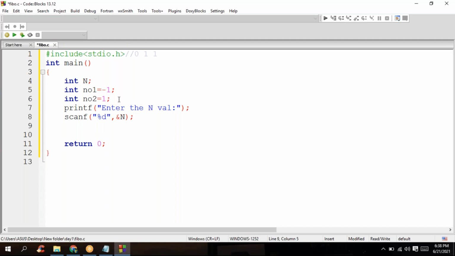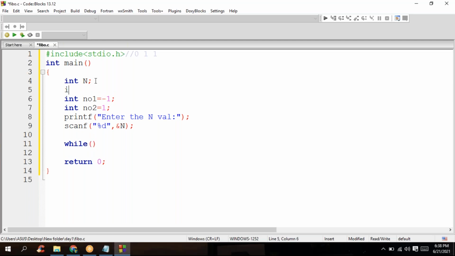What is the first one we have seen? Three series we have seen. Our first one is we are supposed to generate a series. So let me start generation of it. Let me give some space for your identification. For generation of it, I need one iterator. Let me declare i value and let me keep its value as 1.